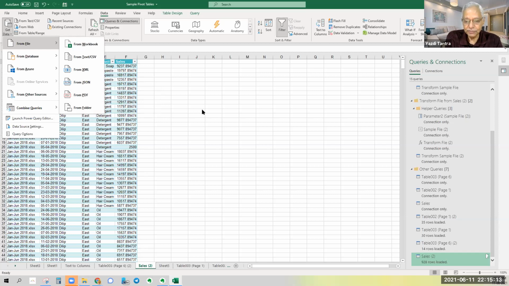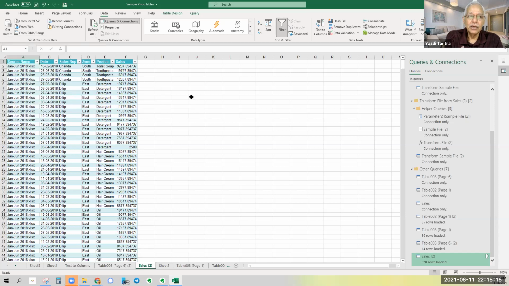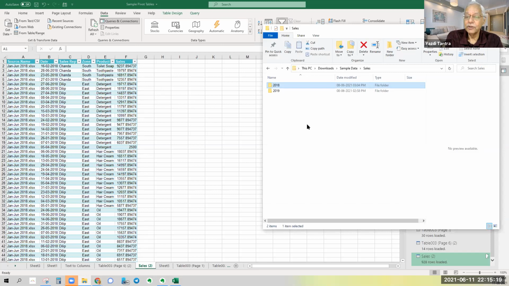It's extremely simple. Now see the beauty of this further. Now I've got 2018 and 2019 data in this, correct? I'll just go one step up. Now I get new 2020 data, so I'll just move this into this folder. So now my sales folder has what? 2018, 19 and 20, right?